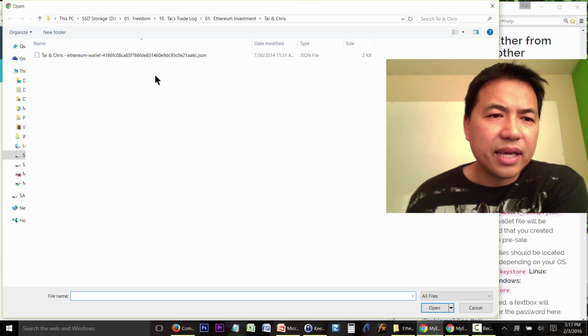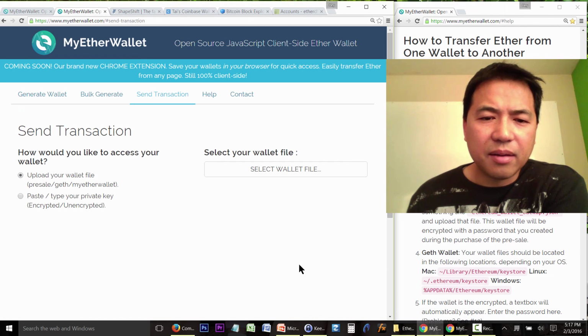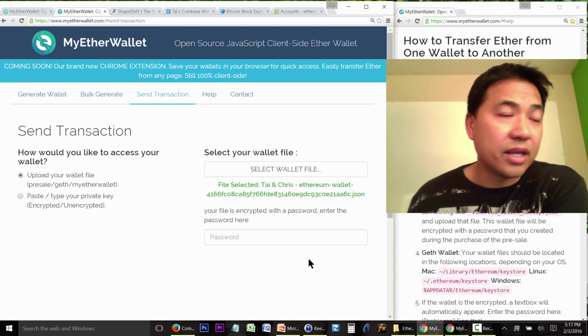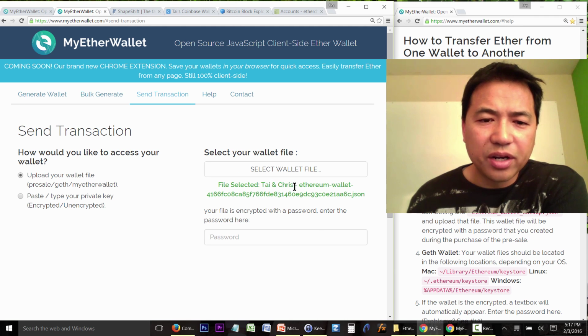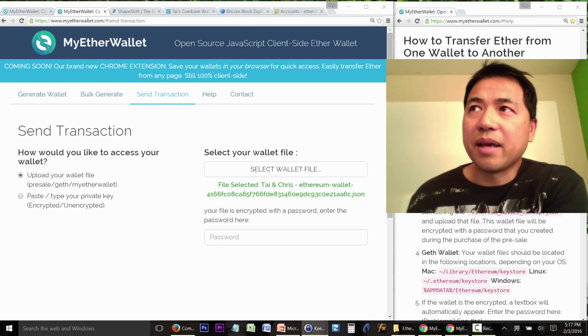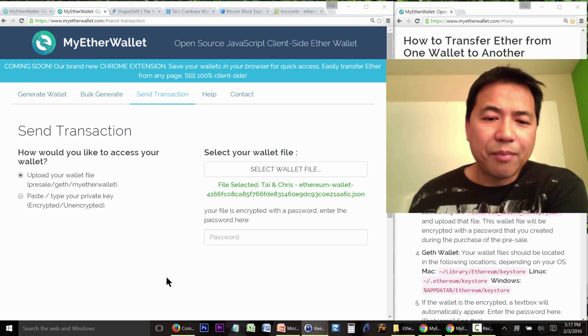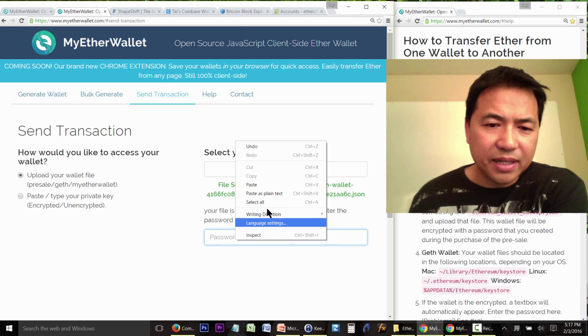So I select this and I grab the JSON file that was sent to me when I first purchased the Ethereum IPO, and you'll notice that it loaded up here with the JSON file. Now I need to go over to my password manager, grab the password and type it in here,